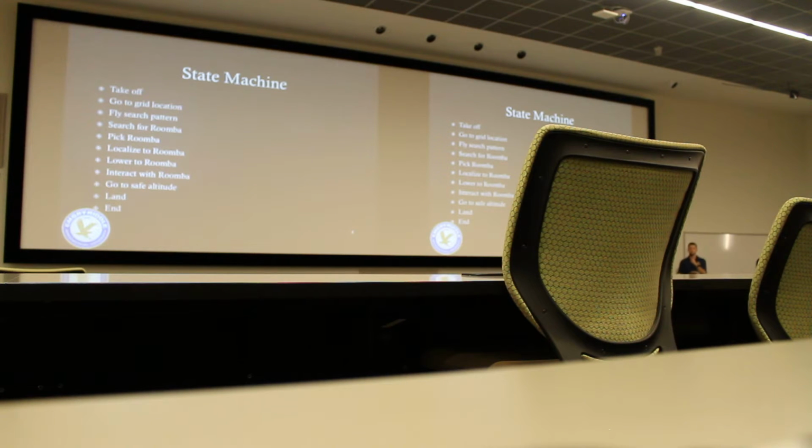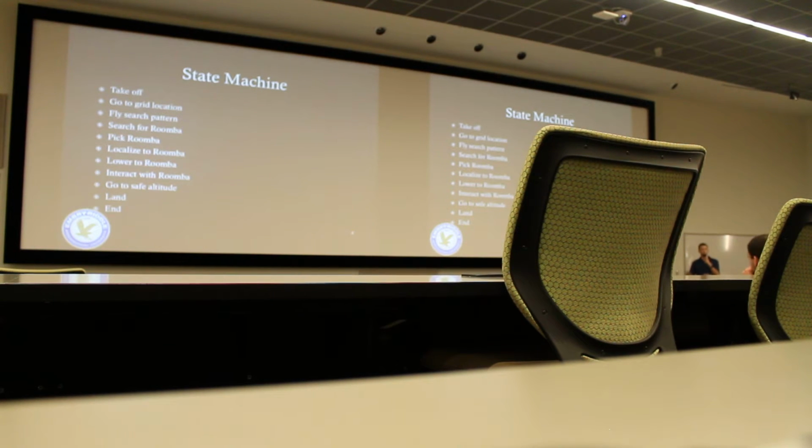So this is our state machine. This was kind of our idea for how to go about this competition. Essentially, we would bounce back and forth between flying a search pattern and searching for Roombas. The quad would take off and fly around in a search pattern that we coded. As it's performing that search pattern, it would search for Roombas using the downward facing camera. Once it notices something, it would publish that data and then immediately switch to the next state where it would begin to choose a Roomba if there are multiple, based on